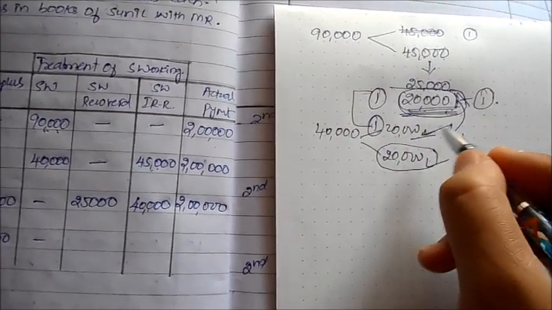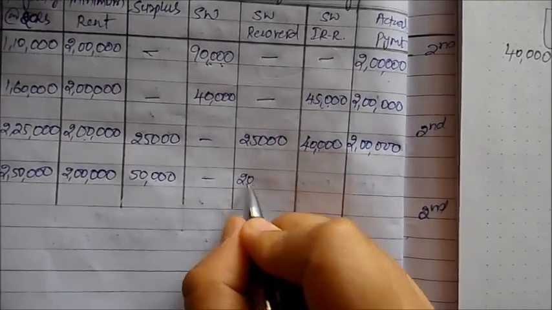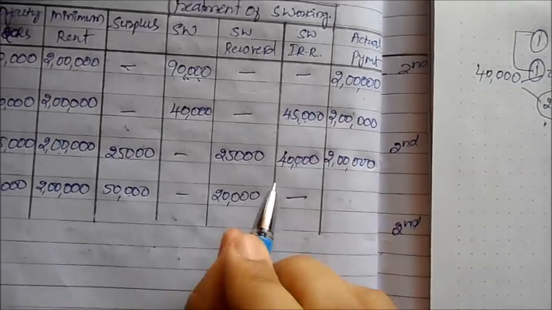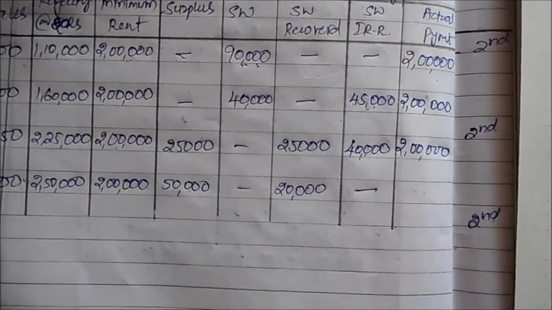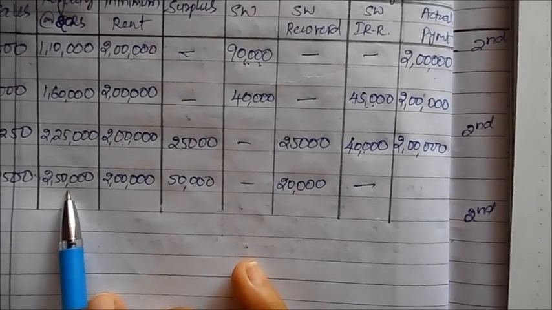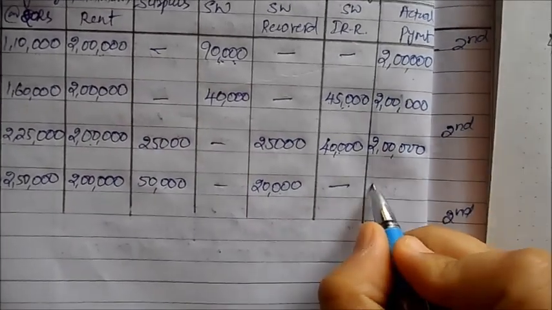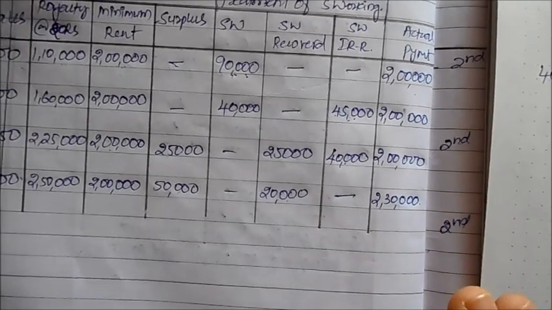So both these opportunities are lost. What is left? Only 20,000 is what I can recover out of the pending, and irrecoverability will be 0. So whatever options I had, I have utilized everything. Now the question is, how much will I pay? 2,50,000 was what I was expecting to pay, minus the 20,000 I am recovering. How much is left? 2,30,000. That's all.